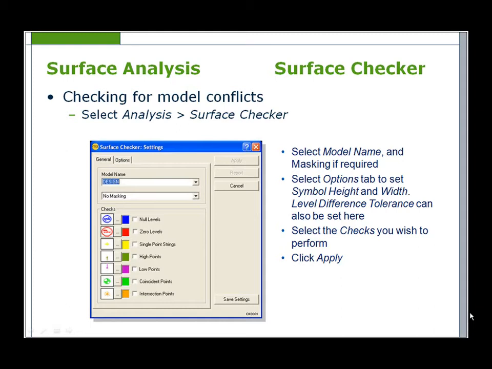High points, low points. MX will give you a series of high points and low points along any string in the model that you're checking. Coincident points are where there is a point or 2 points in the string that have the same easting and northing but different Z values, and intersecting strings that cross. So you select the check that you want MX to perform and then hit the apply button, and MX will check your model. Once you've selected the apply button and it's done its check, the report button will become active,